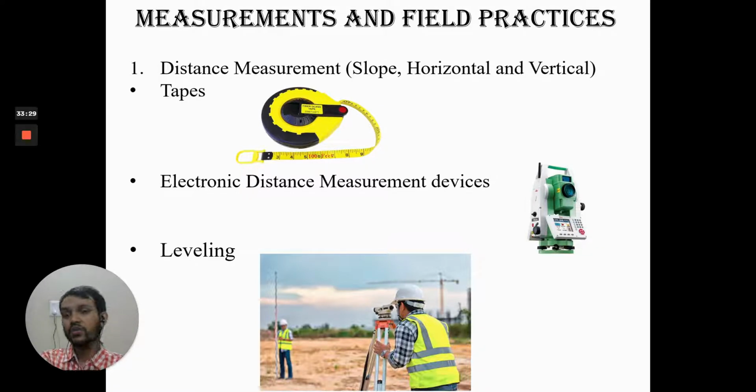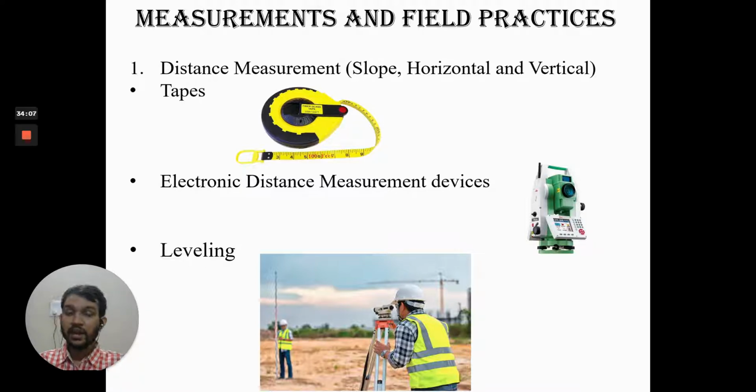You can say 1 in 3000 basically. So for 3000 meter distance you will get an error of 1 meter. If you do the calculations properly using tape, you can get good readings, and you can easily measure the horizontal distances. It can be used for measurement of horizontal as well as slope distance. Once these are measured and the angle is known to you, if you have calculated it using another device, then by interpolation or using trigonometrical analysis you can calculate the vertical distance also between the two.